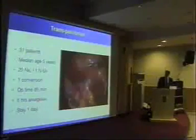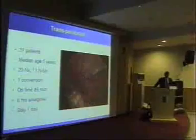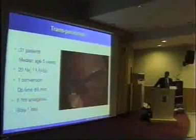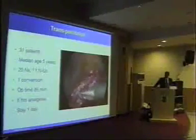So this is a transperitoneal patient. These are the first 31 patients that I did laparoscopically. I did them all transperitoneally. And this video is just briefly showing division of the lateral attachments of the colon so it can be mobilized